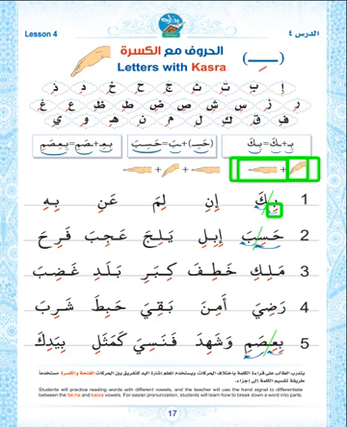And in this way, the student can read all 5 lines, and if necessary, he or she can try spelling. And the spelling technique, although we left it behind in the previous lessons, if necessary, the student can use it. For example, ba, kasra, bi, kaf, fatha, ka, bi, ka.